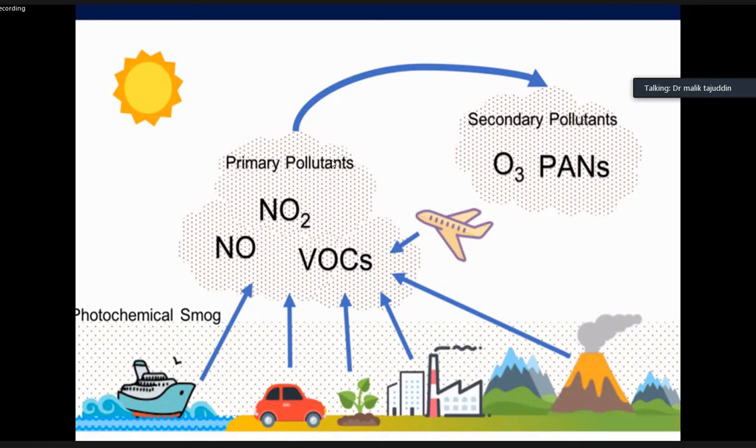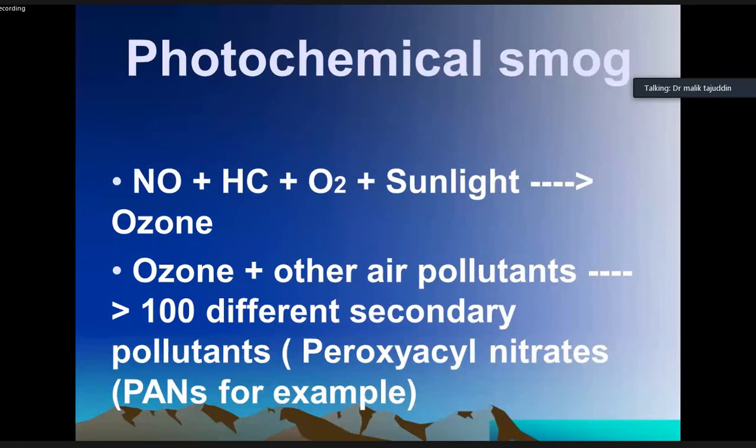Then there are the primary pollutants: nitrogen dioxide, nitrous oxide, then volatile organic compounds, then ozone, if present in the lower atmosphere, and they are all reacting to form photochemical smog. And these gases are being released from automobiles, transportation, and these factories, etc. And this is what the furnaces and the brick kilns